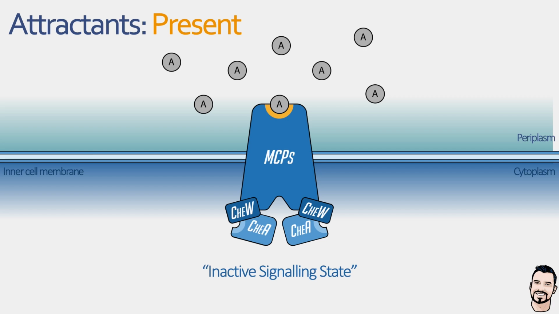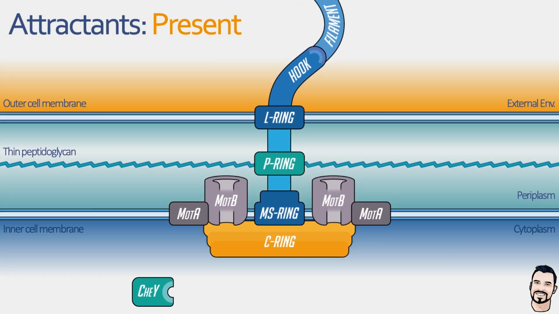And what this essentially means is that CheA is now unable to phosphorylate, which means that there is no source of phosphate groups for downstream signalling cascades. Therefore, CheY doesn't become phosphorylated. And if CheY doesn't become phosphorylated, it's not activated and it is unable to fully interact with the FliM protein